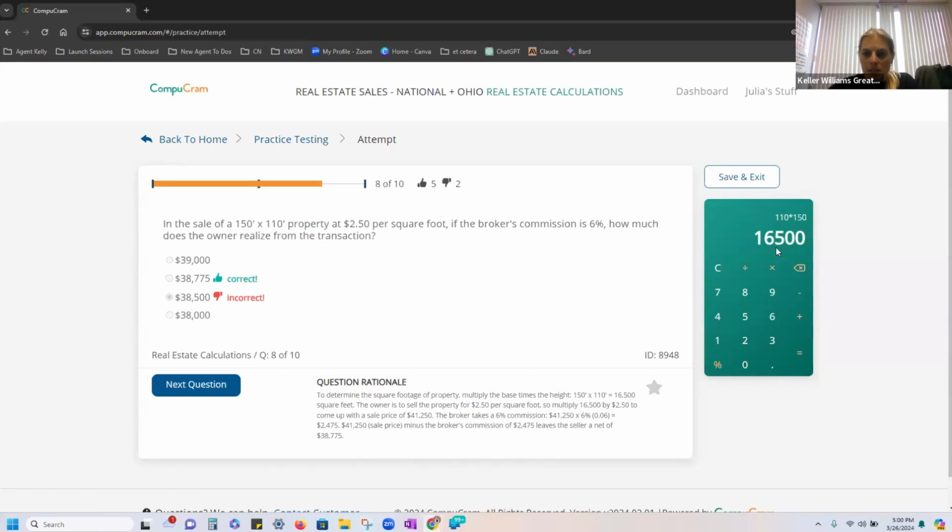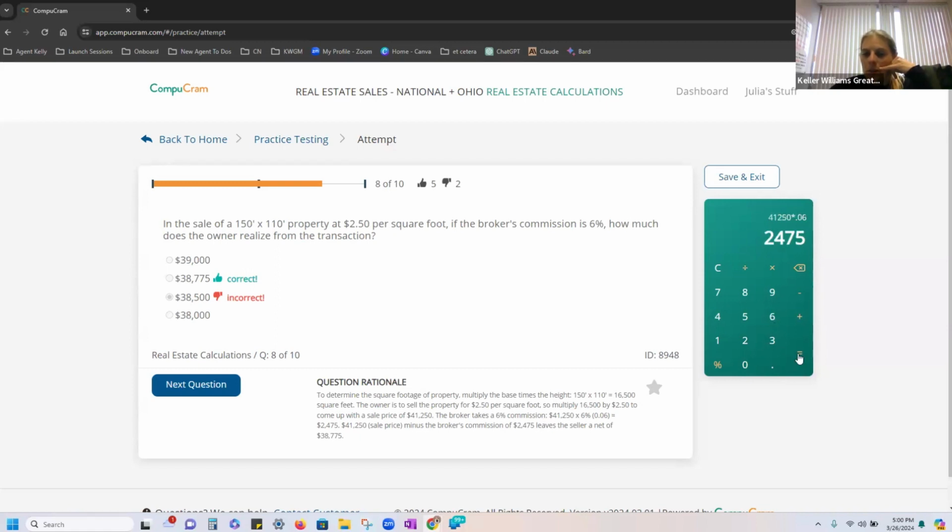So then you take the 16,500, you multiply that by the $2.50 equals $41,250. Then you want to multiply that by the 6%. So this is the total sale price, and we're multiplying this by 6%, times 0.06